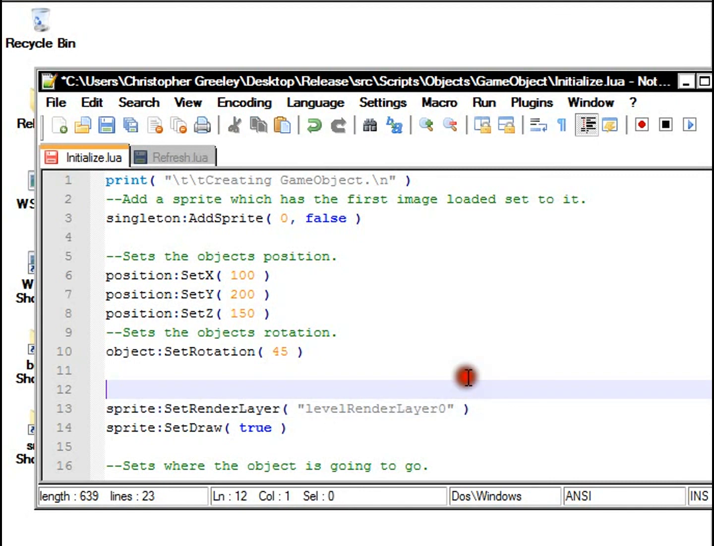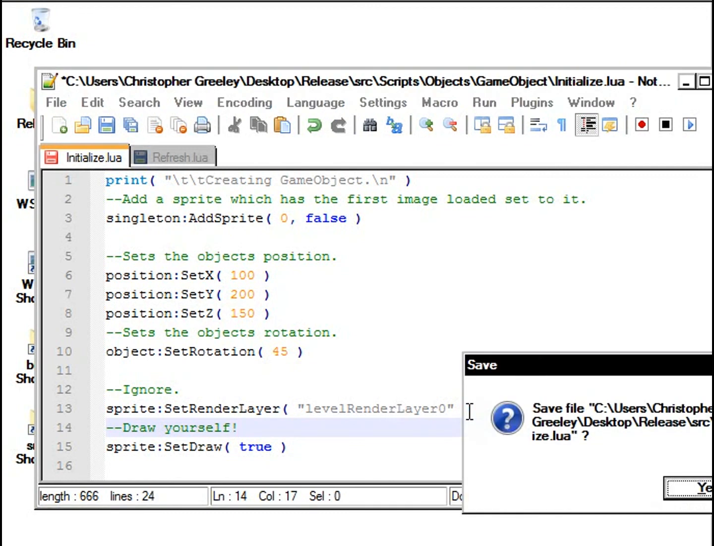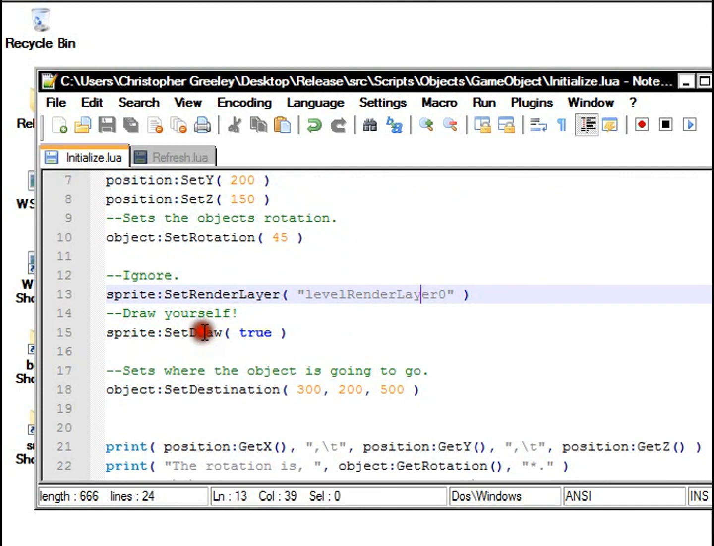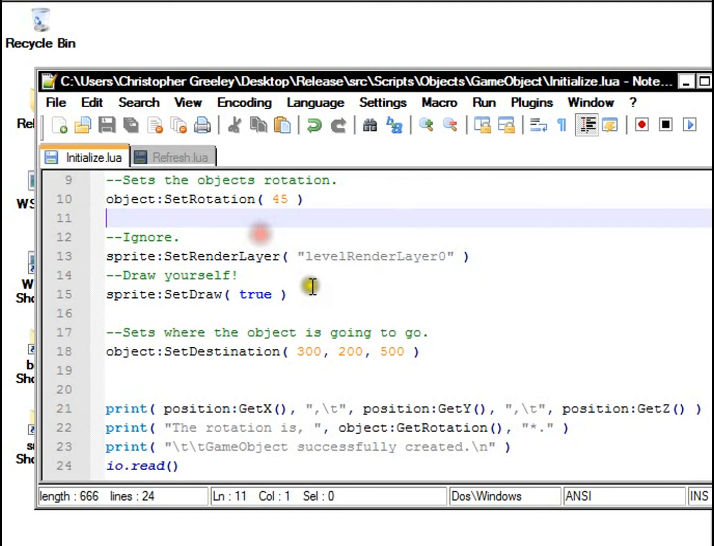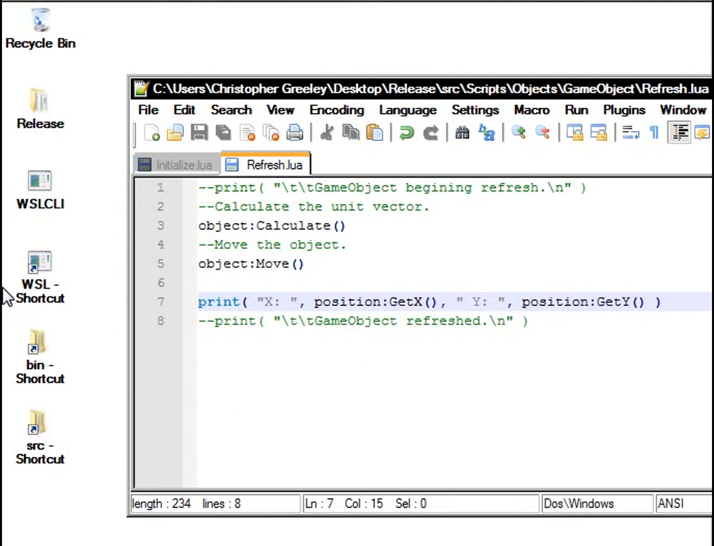The next thing we do is tell the sprite that it's going to be drawn. So draw yourself. As you might have noticed, we've set sprite as a global, so we can actually access sprite from refresh.lua, but there's really not too much we will be interested in accessing, so we're not going to access it. But if we launch Wildstorm now,